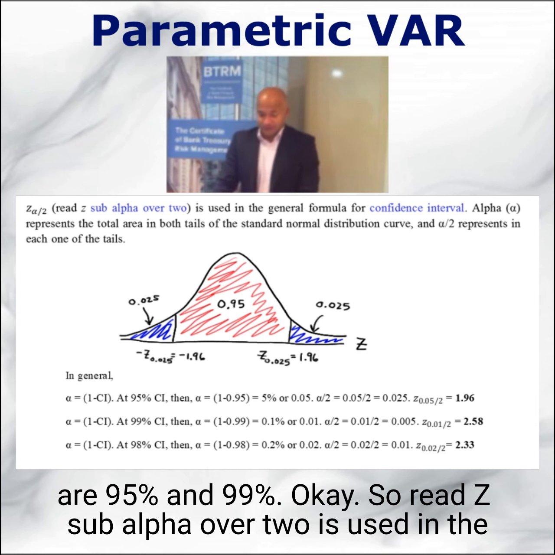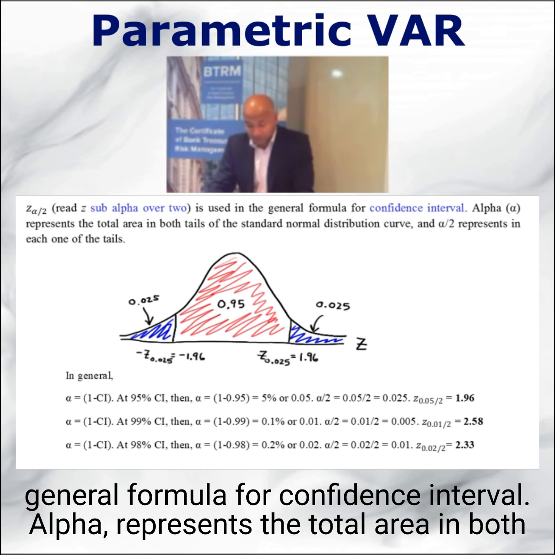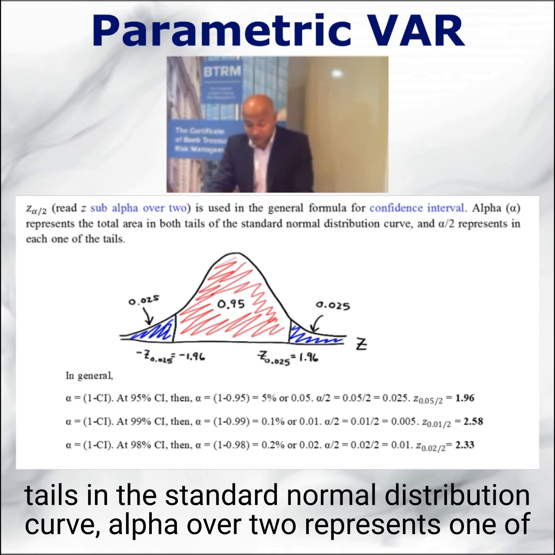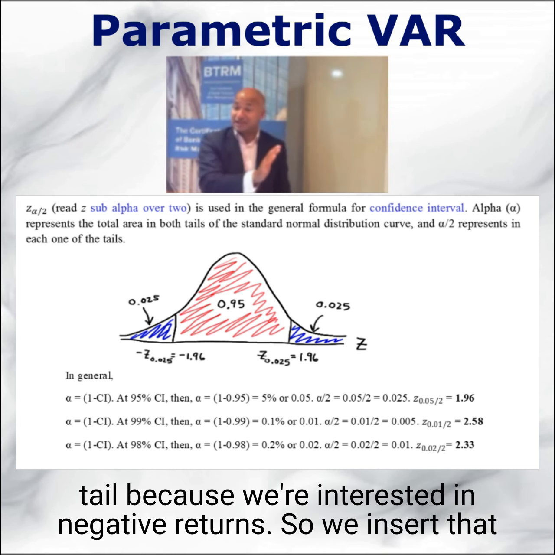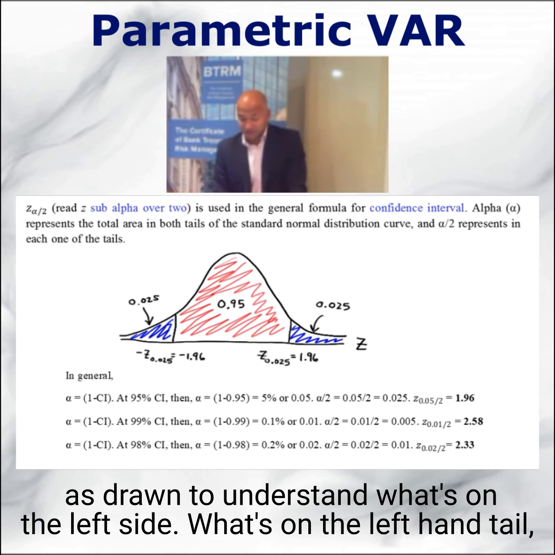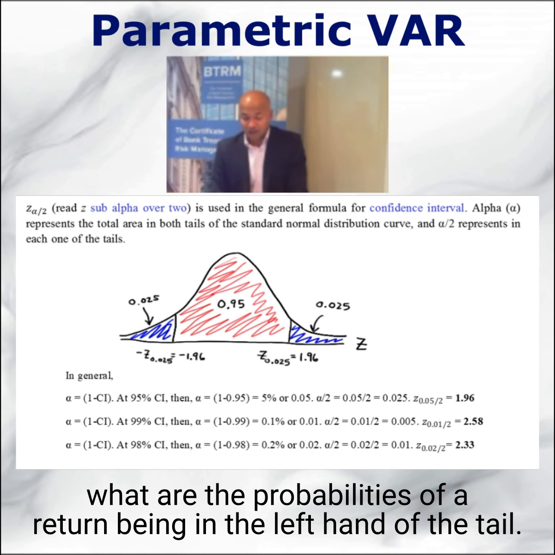Parametric. So read Z sub alpha over 2, using the general formula for confidence interval. Alpha represents the total area in both tails of the standard normal distribution curve. Alpha over 2 represents one of the tails. Now remember, we're actually only interested in the left side of the tail because we're interested in negative returns. Okay, so we insert that as drawn to understand what's on the left hand tail, what the probability is of the return being in the left hand of the